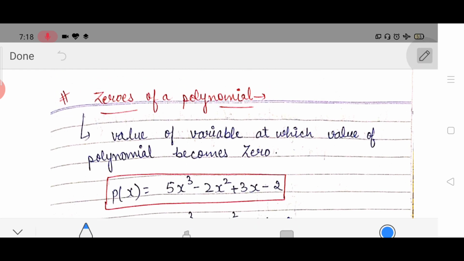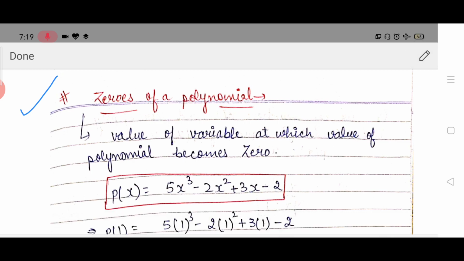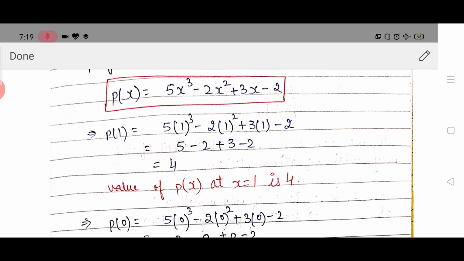This topic is very important: zeros of a polynomial. देखो, zeros of a polynomial का मतलब value of variable at which value of polynomial becomes 0. Variable, see in this equation you are having variable x. So the value of variable x की कोई भी वैल्यू, जिस वैल्यू पे इस पूरी इक्वेशन का आंसर कितना आए 0, उस वैल्यू को क्या बोलेंगे, ज़ीरो ऑफ द पॉलिनोमियल, ठीक है। वैल्यू ऑफ वेरिएबल एट विच वैल्यू ऑफ पॉलिनोमियल बिकम 0, उसको हम क्या बोलेंगे, ज़ीरो ऑफ पॉलिनोमियल।